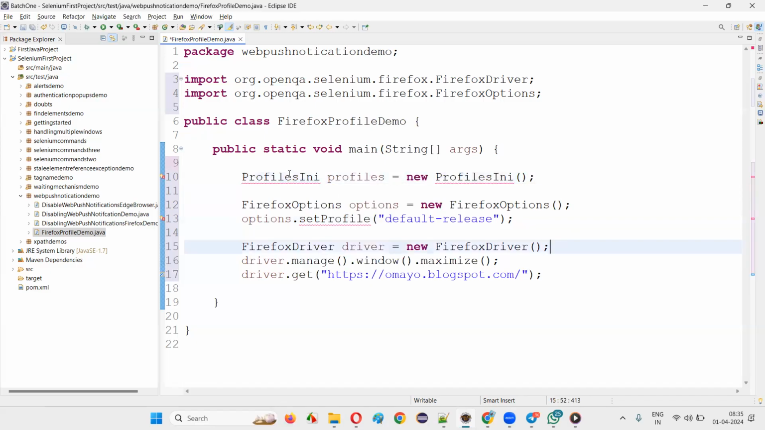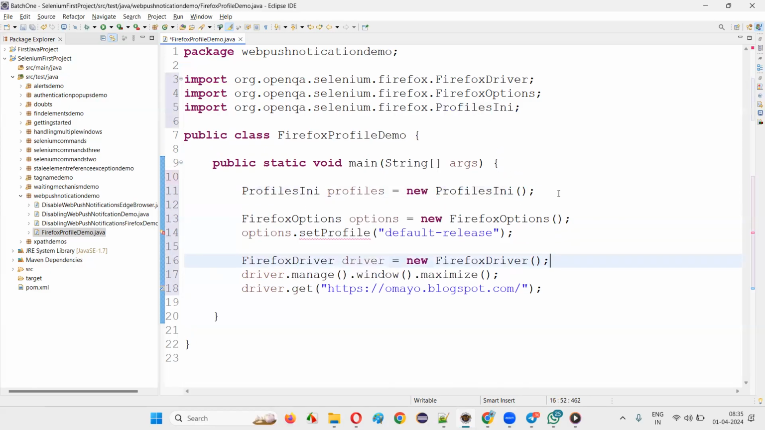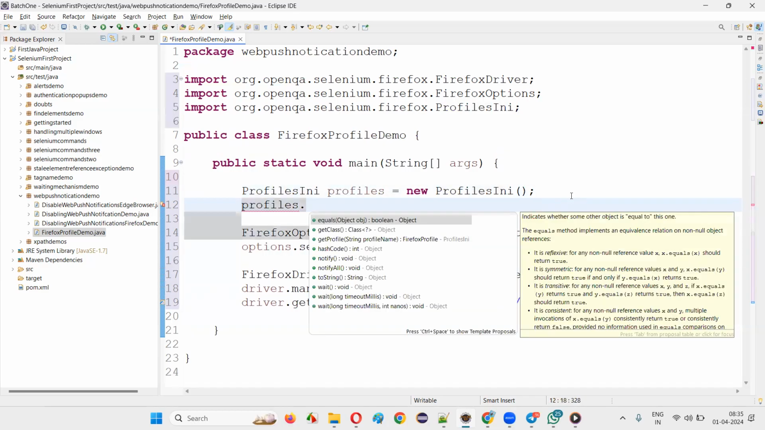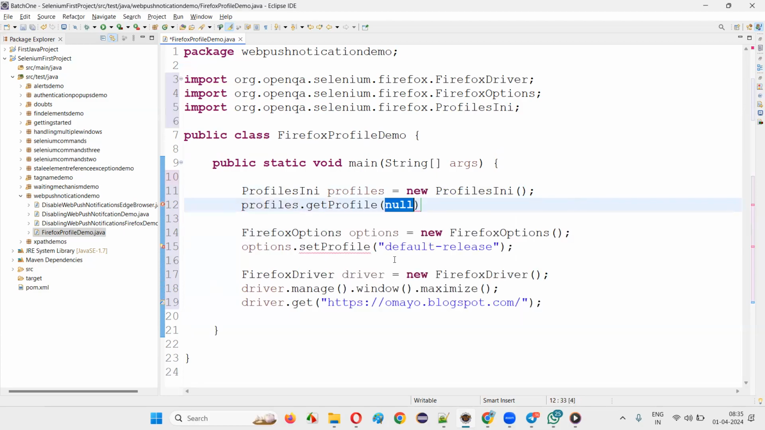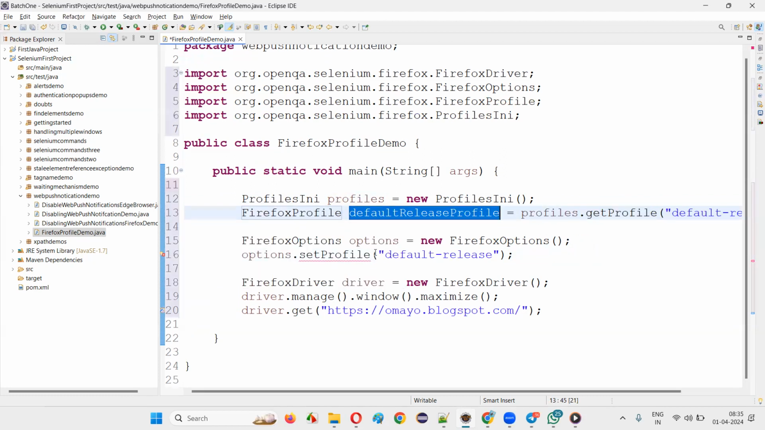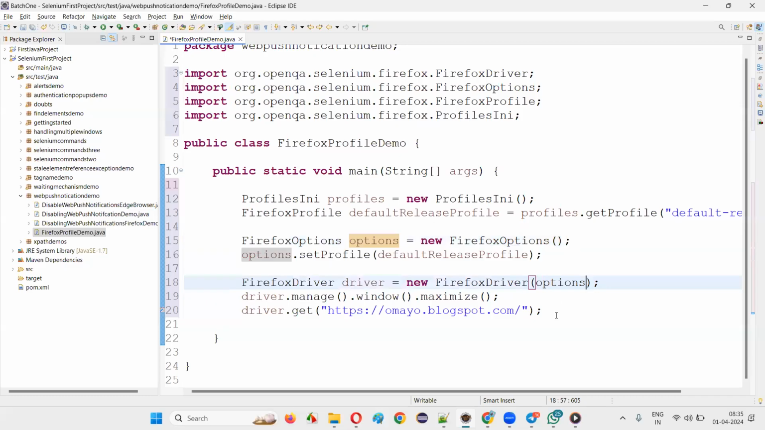How to get all profiles? Import profiles dot get profile. Profile name I'll give it here. The semicolon. This will get the default release profile, and with the mouse over it, create a local variable. Then come back here and put it here, set profile, and apply these options here, and let's see